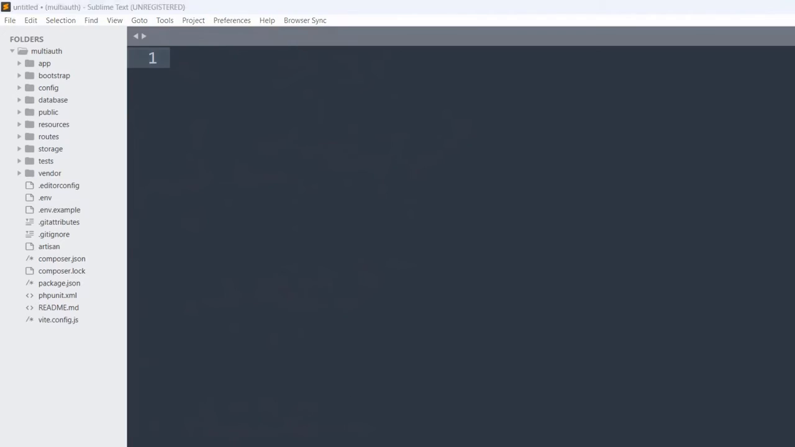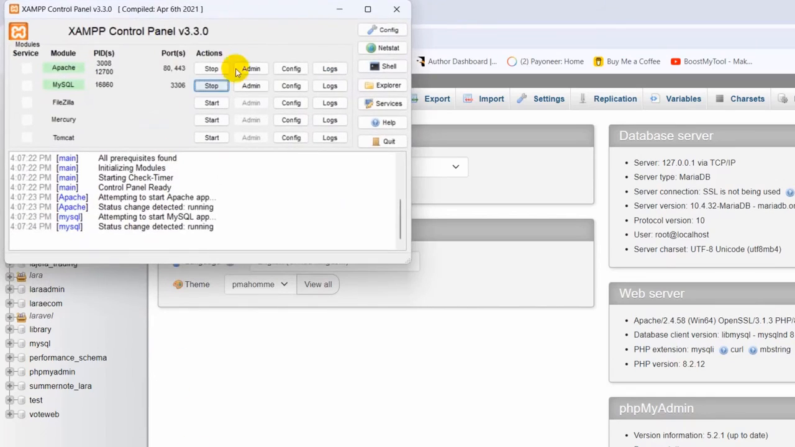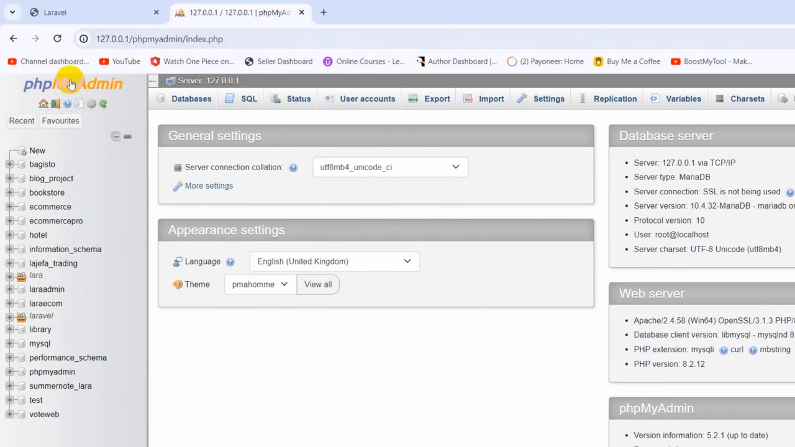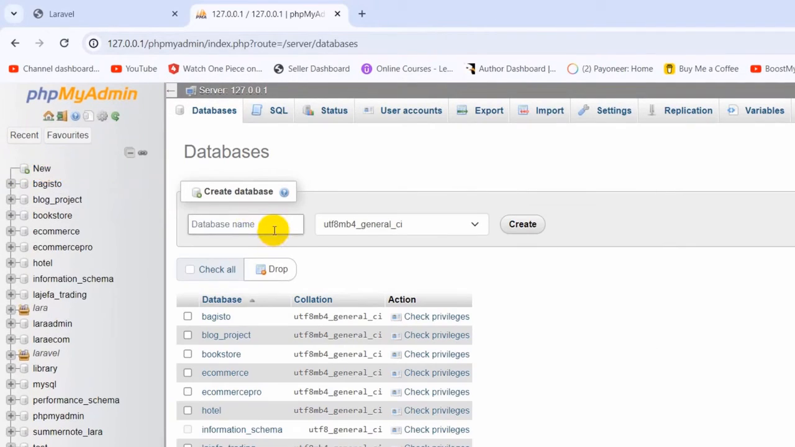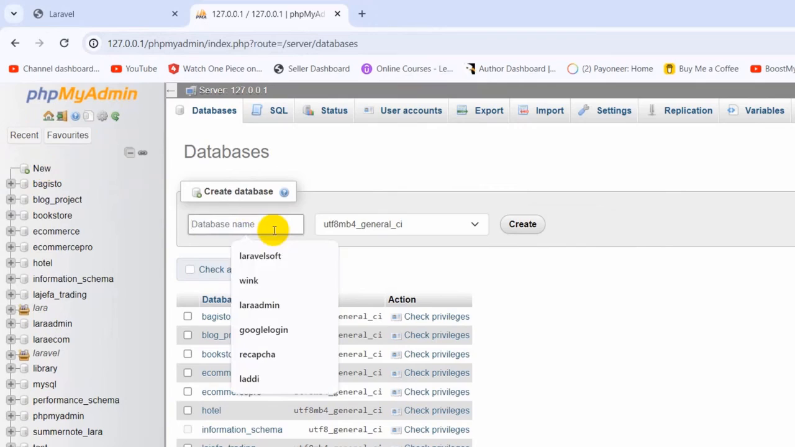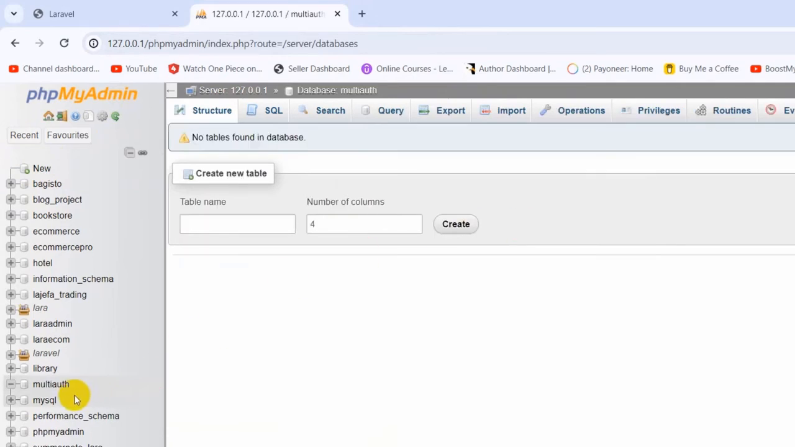And after it, let me just go to the browser. Then we'll go to our phpMyAdmin. So make sure your XAMPP is running, and after that just go to phpMyAdmin, and then here you get the new option. Just click on new, and here I'll give my database name, which was multi-auth. Then click on create, and there you can see a database is created over here,